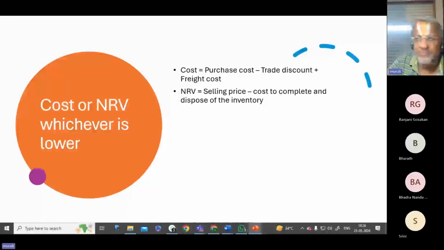The next one is NRV. People would like to know what is net realizable value. It is the selling price minus the cost to complete and dispose of the inventory. Normally this NRV concept will be coming only for finished goods. For raw material, work in progress and all that, it is basically valued only at cost, because there is no intention to sell the raw material that I bought. But that does not mean raw materials are not taken up for this scale of cost or NRV, whichever is lower. So generally speaking, NRV we will closely associate with finished goods.